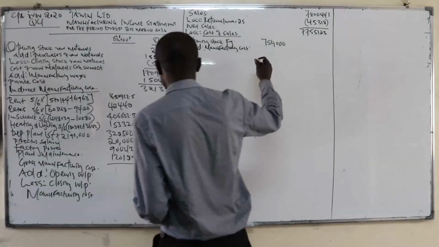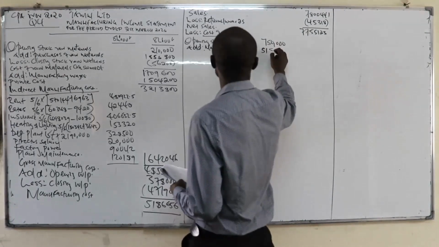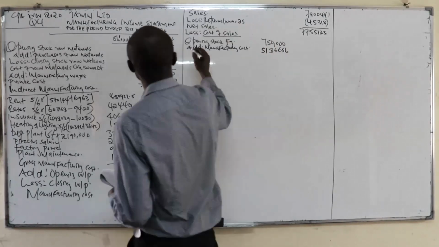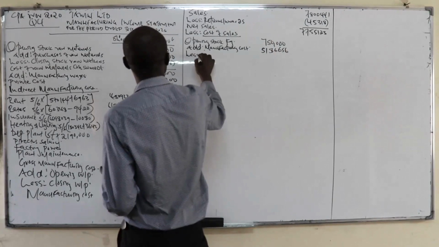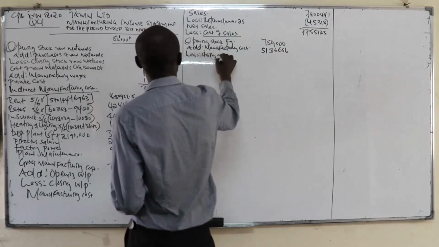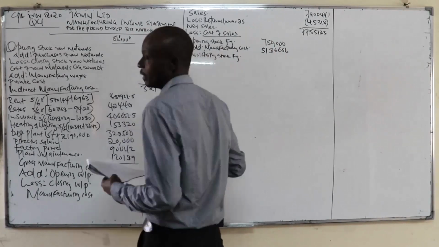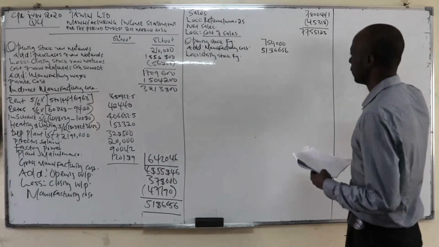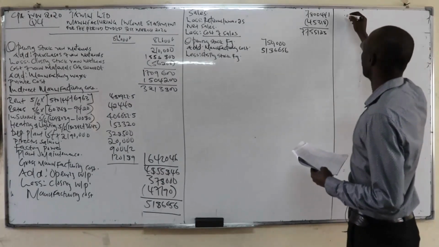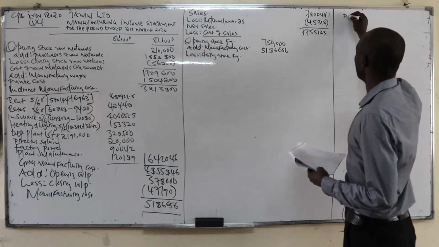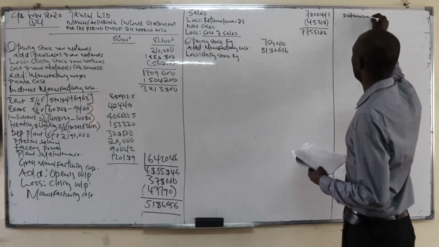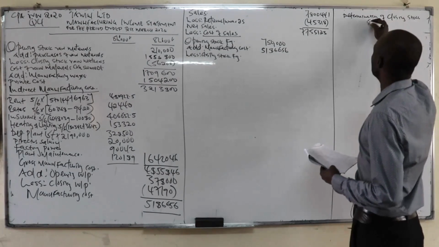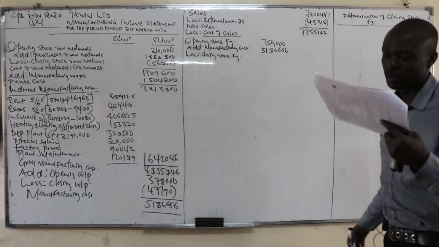So here we're going to use the manufacturing cost, which is 51,86,656. And then we less closing stock finished goods. That one we're going to determine. So determination of closing stock finished goods. So you have been told in note number